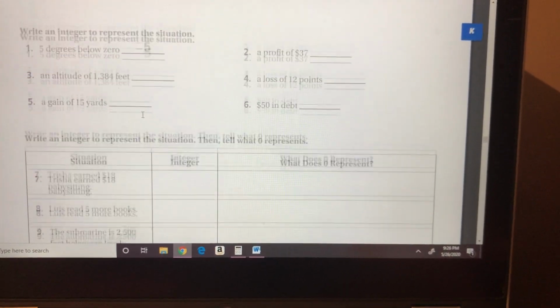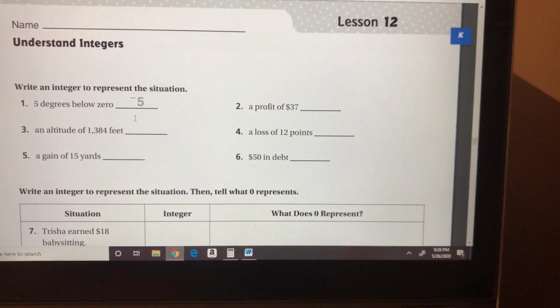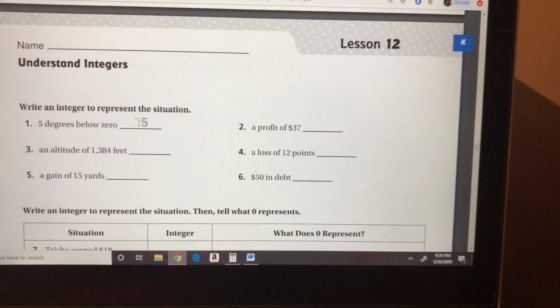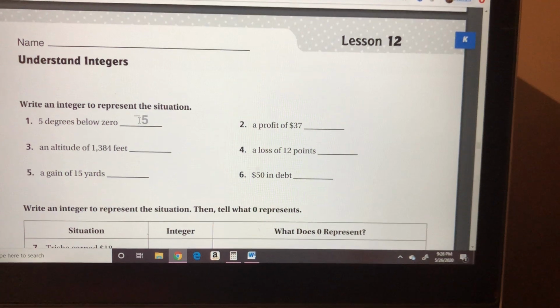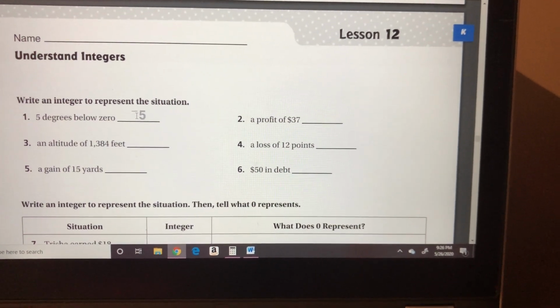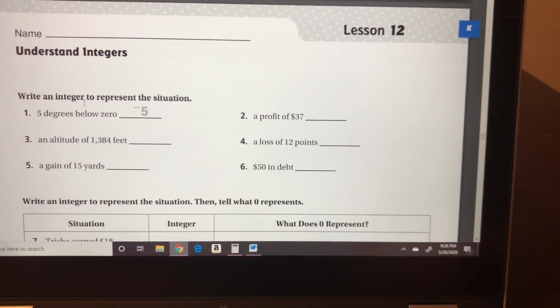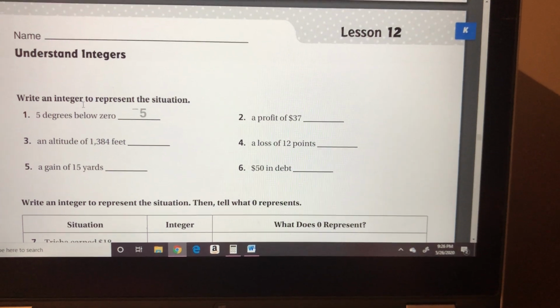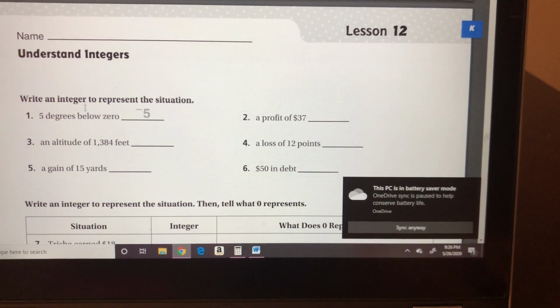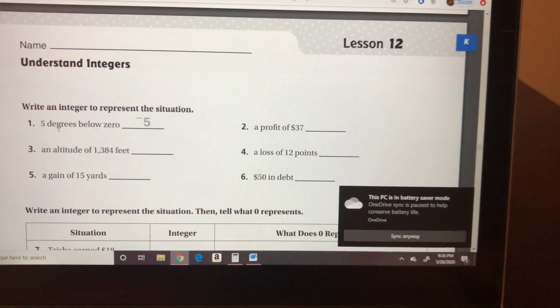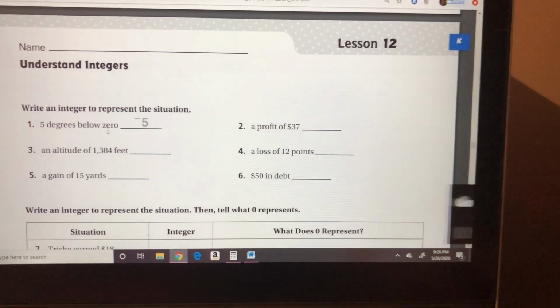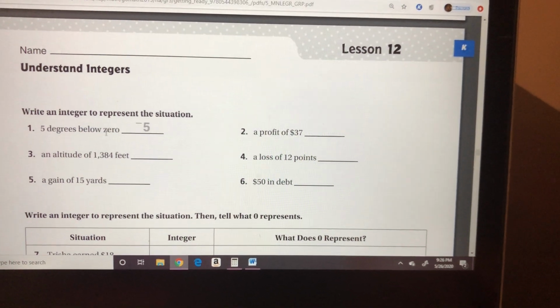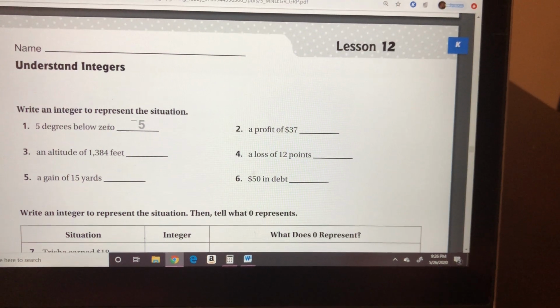Tomorrow's lesson will have some computation with more like algebra, but not so much with these types of numbers, okay? So the key thing here is looking at keywords, okay? So for number 1, it says 5 degrees below 0. So in this case, when you think of a thermometer, okay, and you have the 0 in the middle,